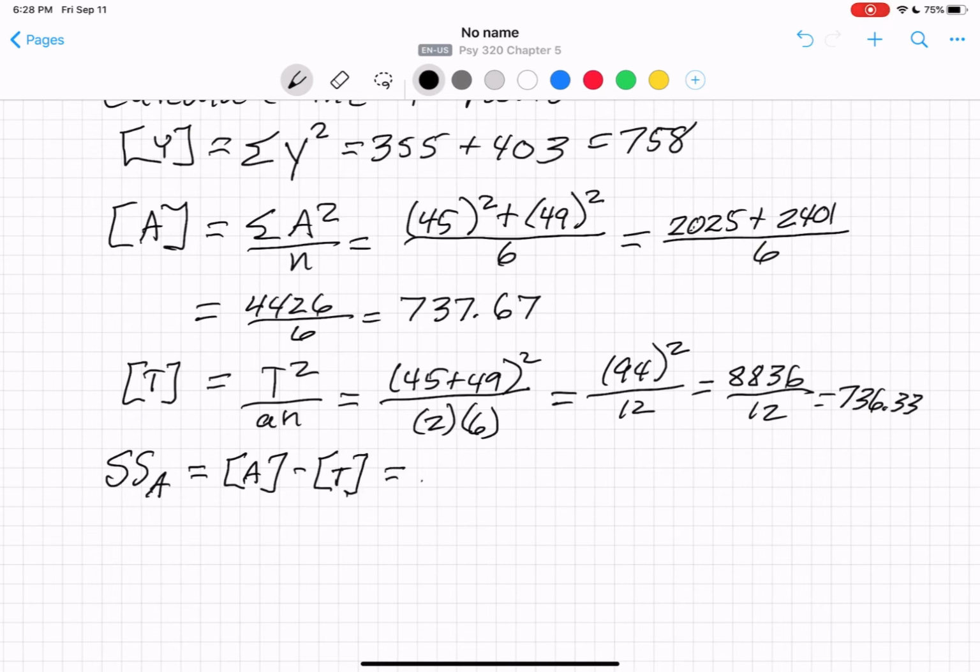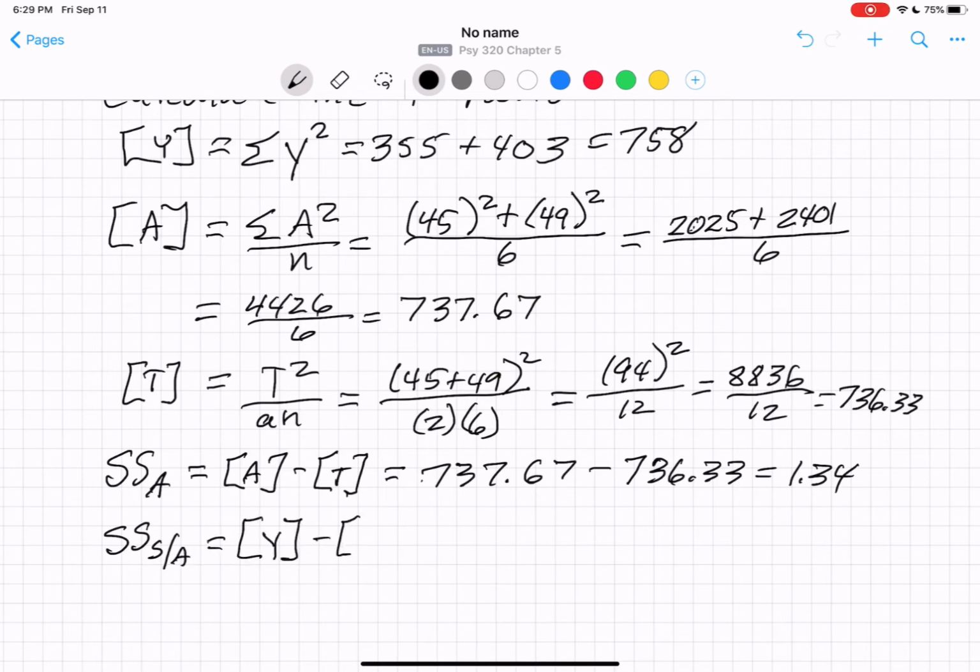So A was 737.67 minus T, which is 736.33. And that comes out to 1.34. Then we're going to do sum of squares for S over A. That's the basic ratio for Y minus the basic ratio for A. So 758, minus A, which is 737.67, and that comes out to